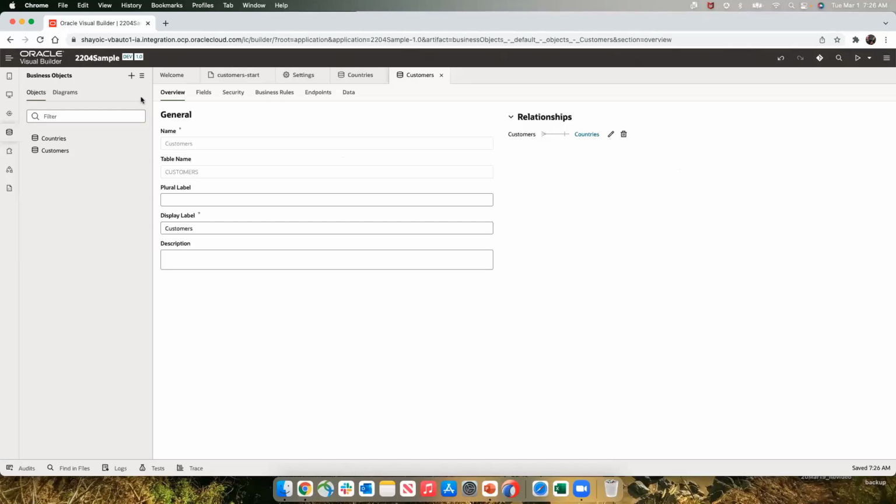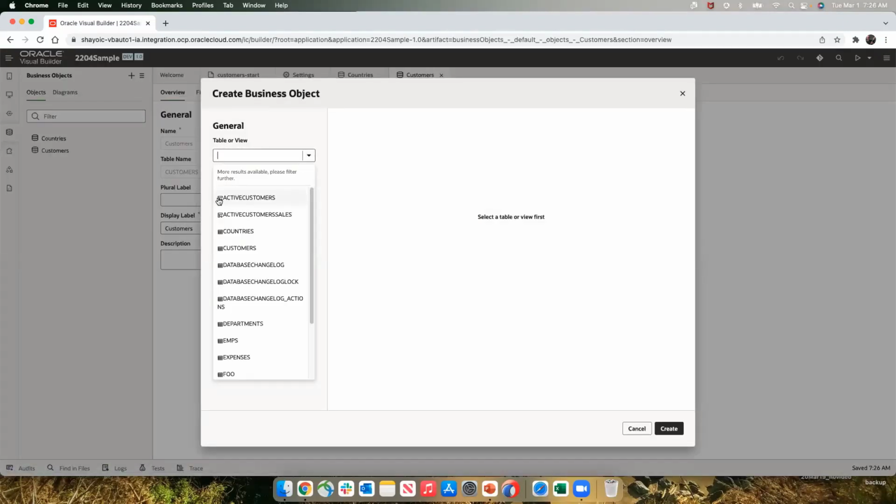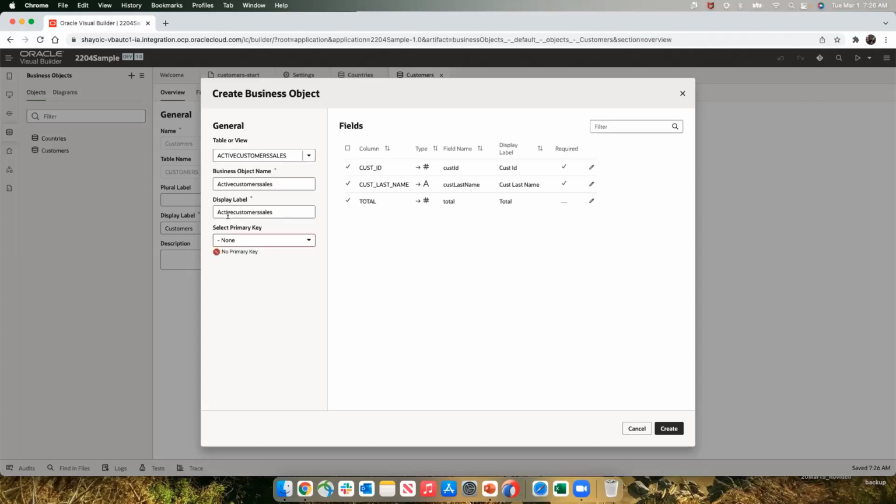I'm also going to show you that when you click new business object, you can also add views. Views have a little different icon next to them. It's not like the table icon, it's a view icon, and you can pick up a view object and base a business object on top of it. Now, in this view object, for example, we don't have a primary key defined in the database. This, for example, is a view object that goes over 2 tables, does a summary of the total of sales in the sales table, picks up the customer name from the customer table, does a join between them, does a group by, basically uses the full power of SQL and creates a view object,